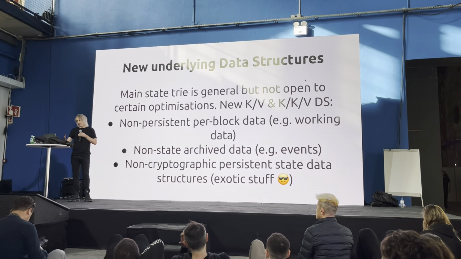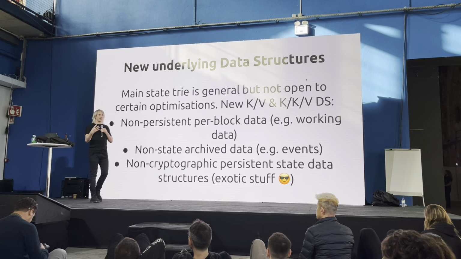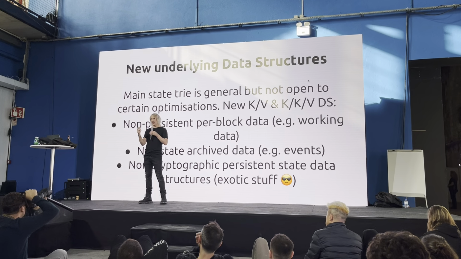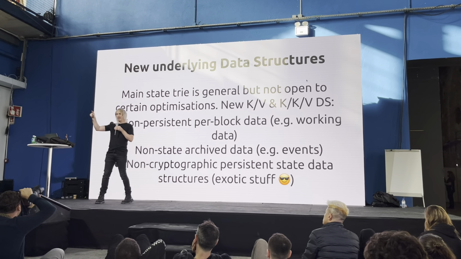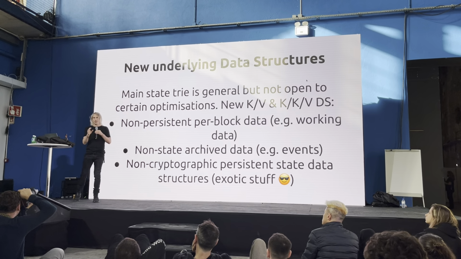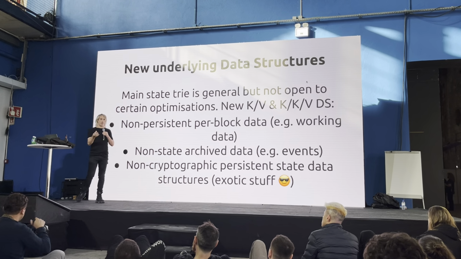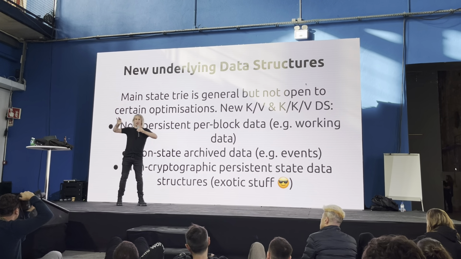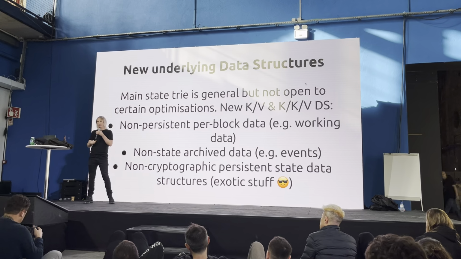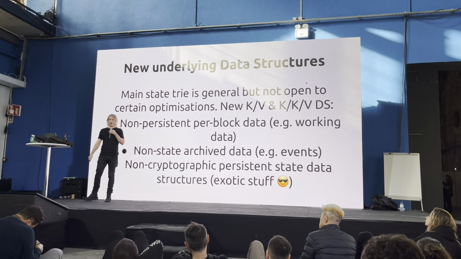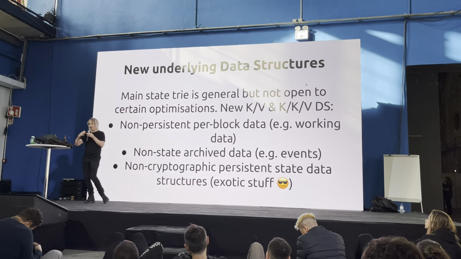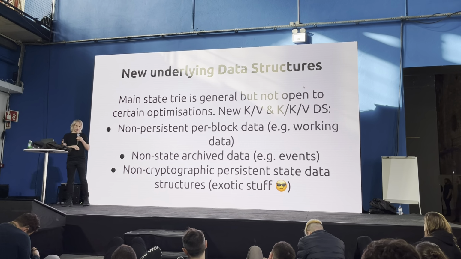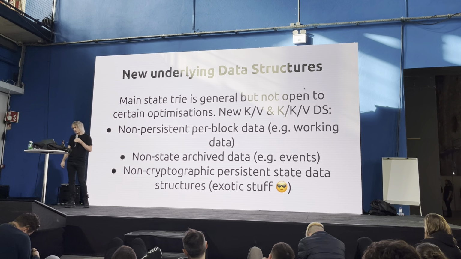There are other things, like events, that are a bit of a pain. They take up a single storage item that just gets appended to. And at the moment there's no way to tell Substrate that they never get read from. Which means in principle, you've got this potentially huge unbounded storage item that might make its way into the proof of validity of a parachain, and therefore make the proof of validity really, really big. And if someone accidentally did write code that read it, it would be a big problem.